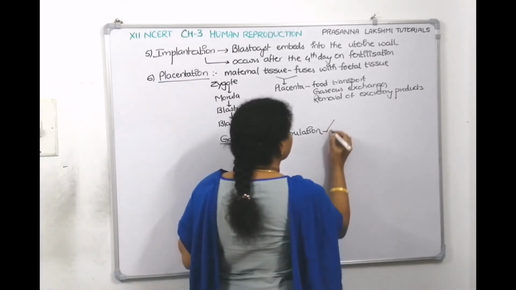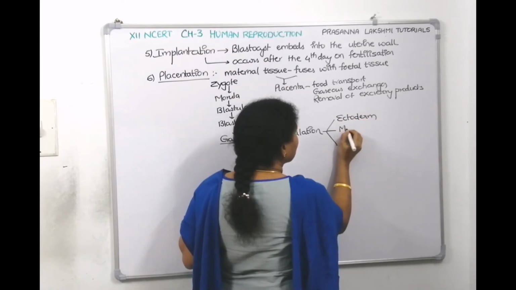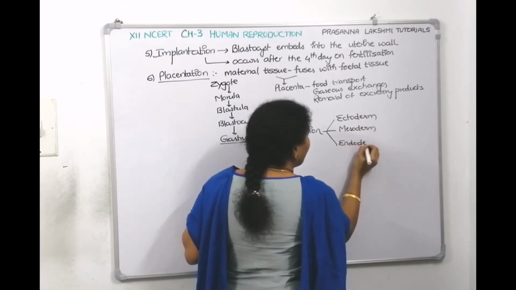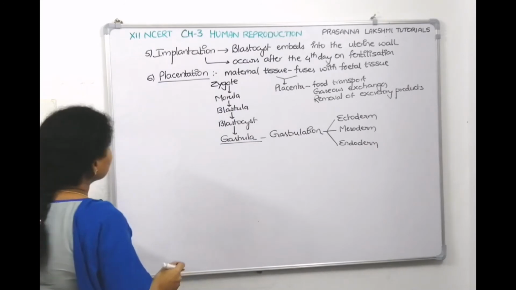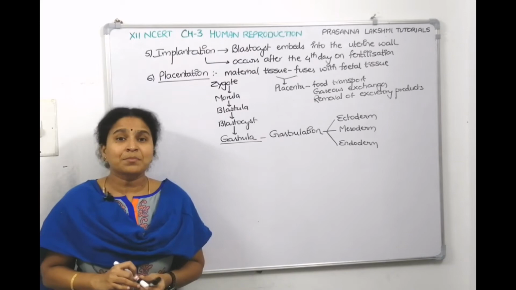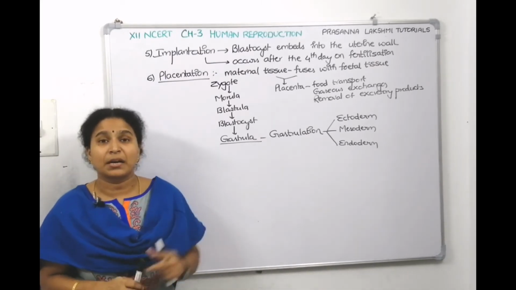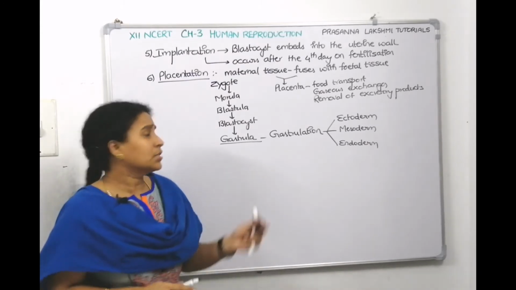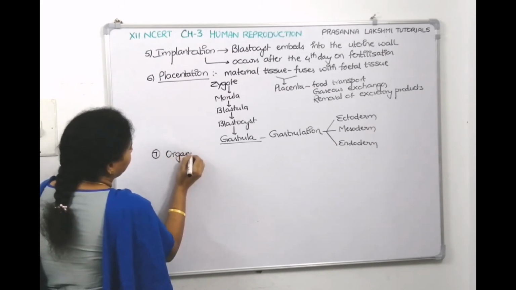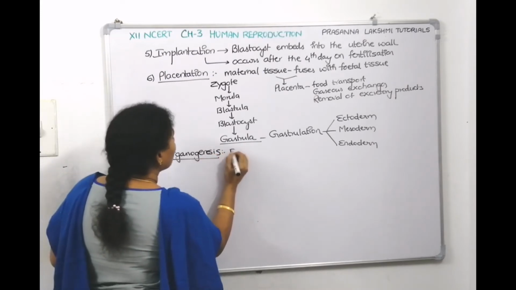In the gastrula, all the embryonic layers, ectoderm, mesoderm, endoderm will be formed. Now when all three germ layers are formed, some systems will originate from ectoderm, some systems will originate from endoderm, some systems will originate from mesoderm. That means organ systems are now forming from these germinal layers. What is that called? Organogenesis. So the seventh step, we can take it as organogenesis. Organogenesis means formation of organs.